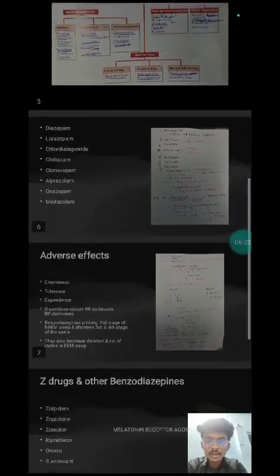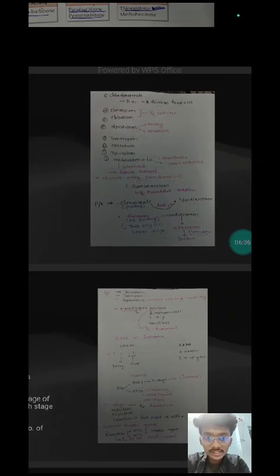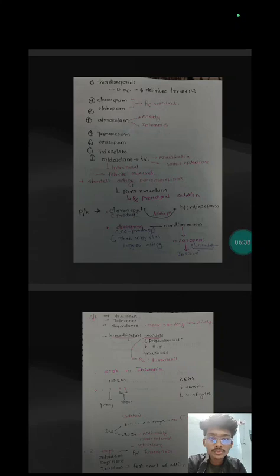Now let's come to the benzodiazepines. You can remember the drugs from this: diazepam, lorazepam, chlordiazepoxide, clobazam, clonazepam, alprazolam, oxazepam. Chlordiazepoxide is the drug of choice for delirium treatment. We know delirium in older age people has Parkinson-like symptoms, so we can treat it with chlordiazepoxide. Now clonazepam and